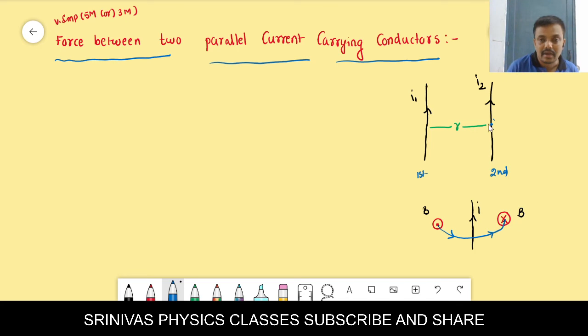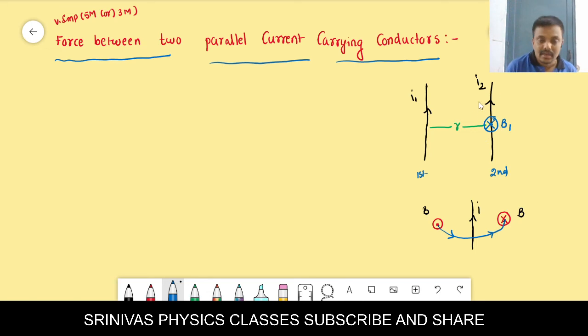Around the current carrying wire, a magnetic field generates. Here, what is the direction of the magnetic field? Tell me fast. First current wire generates it. Very good. Around the first current wire, a magnetic field generates. Right side of the wire, inward will be there generally. You know, right side inward. For this wire, left side outward. I want it at the right side. Then this is the magnetic field. You see, this cross is the magnetic field. Who generated this magnetic field? First wire generated, right? That is the inward magnetic field.